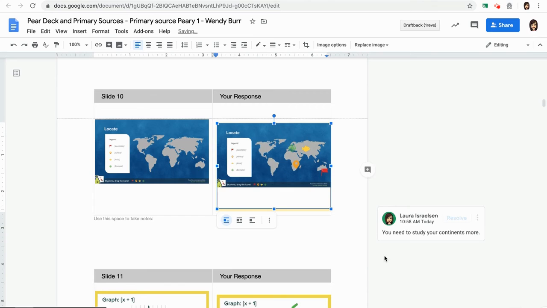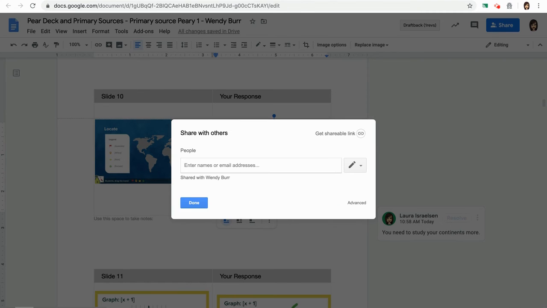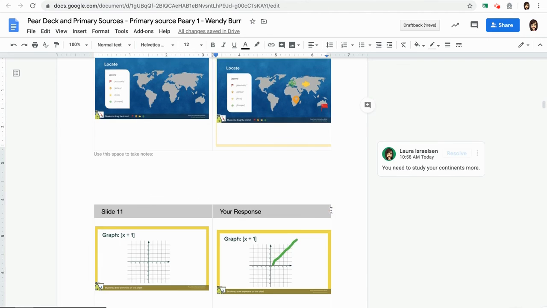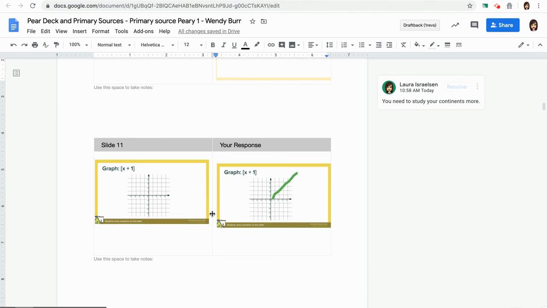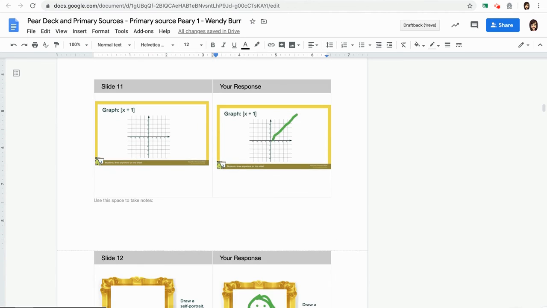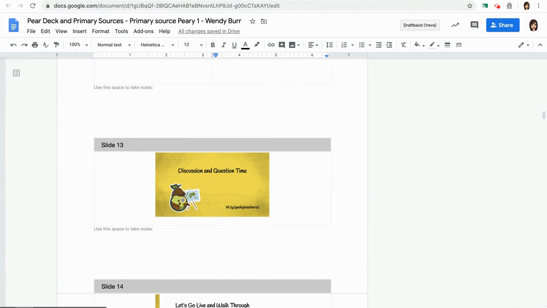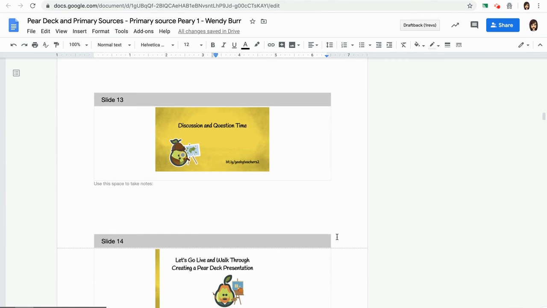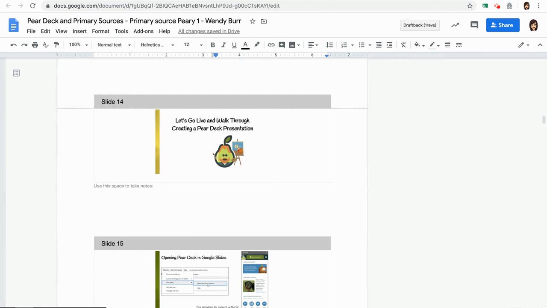You can also ask them, they can share this with someone in their class. They could share this, you could share this with a tutor, with a parent, please help, or please notice that they might need a little bit more help on this. But you can use this takeaway for all kinds of feedback and response and ways to collaborate with students. Ask them to get feedback from 3 other students or compare and share